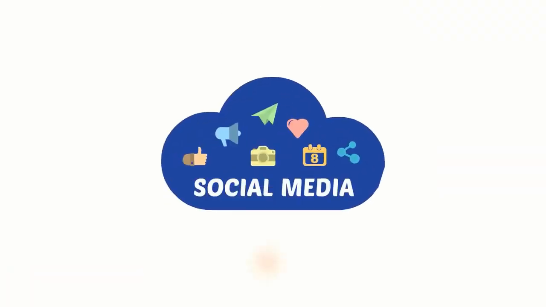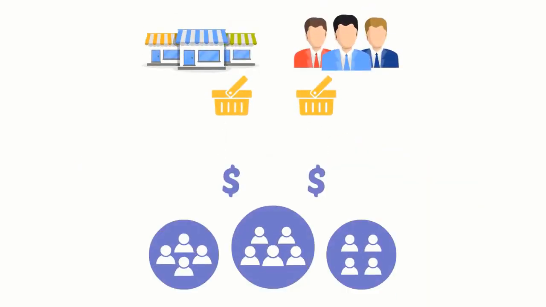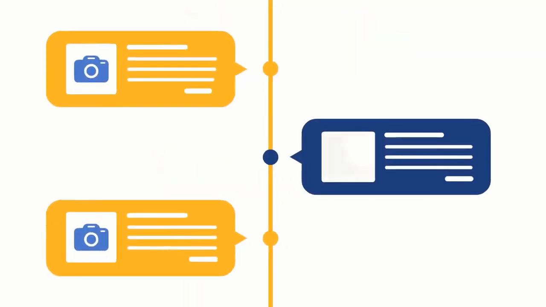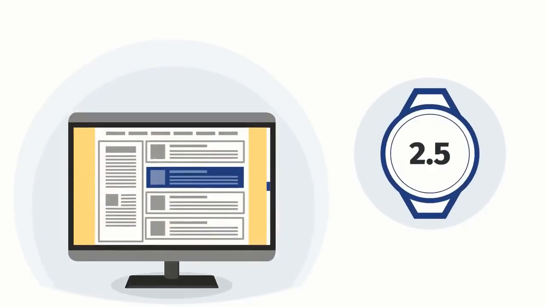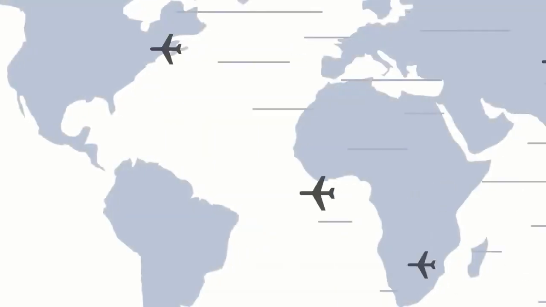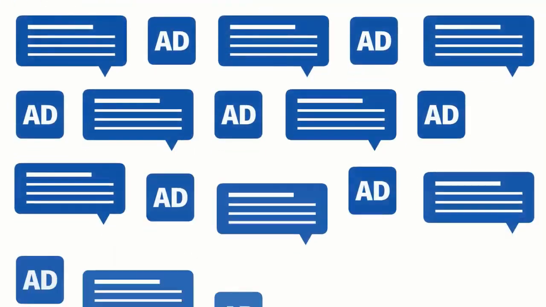While social media have become the most powerful way for businesses and marketers to sell and engage with their target audiences online, in order to be successful, your post has to make your audience go wow instantly. According to Facebook official post, people spend on average 1.7 seconds with a piece of content on mobile and 2.5 seconds on desktop. So let's face it, in this fast-paced environment, without scroll-stopping content, your ads and posts are almost